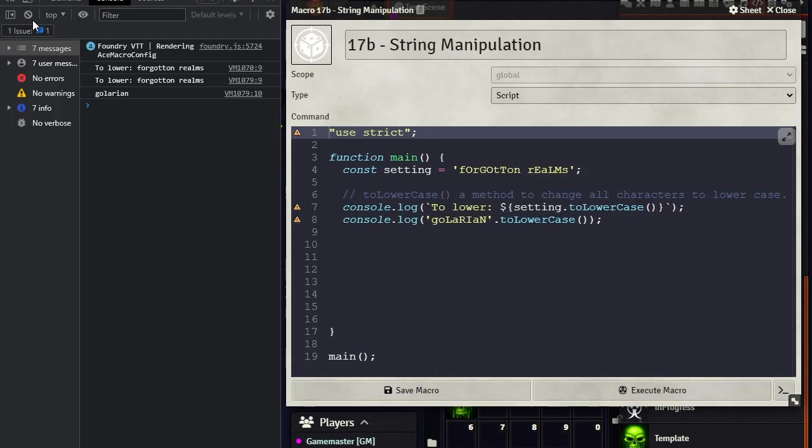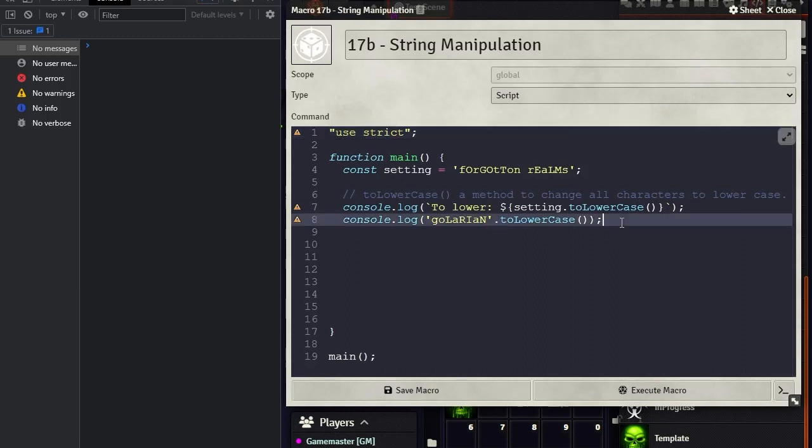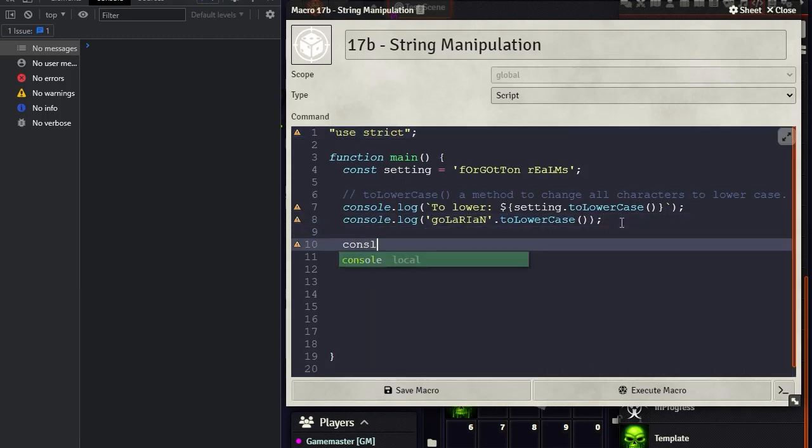All right, let's go and clear that. And now let's talk about the next one. And I bet you can guess what it is. So we're going to do our console.log. Gosh, I don't know what I hit. Something tried launching Edge. And just sticking our quotes. Okay, so our next one